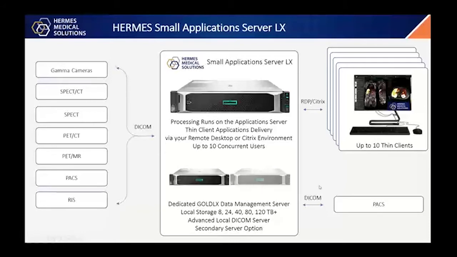The small application server can handle up to 10 typical users. Again, it distributes the software via a thin client mechanism using remote desktop or Citrix environment that you have in the trust. And all the data management, the data layer, all the DICOM communications and data storage, happens on a separate server,